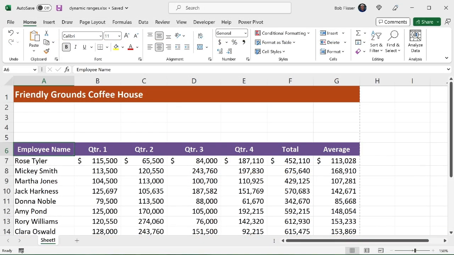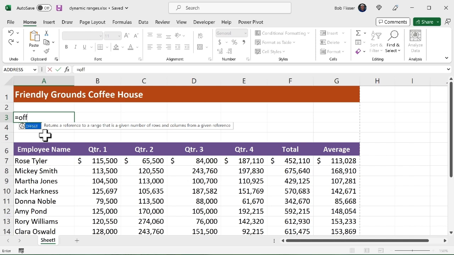So what I'm going to do is I have some space up here on top. Let's just maybe start over there. So I'm going to say equals offset. Notice I could just type in the first few letters and the syntax helper comes in. I'll hit the tab key. So the reference is going to be that employee name column header,